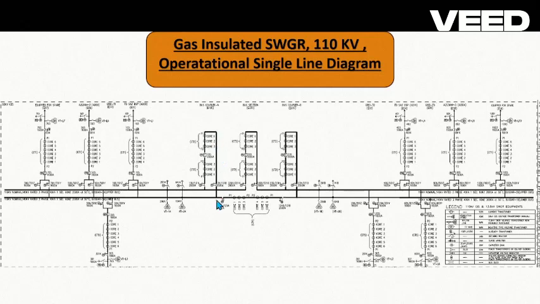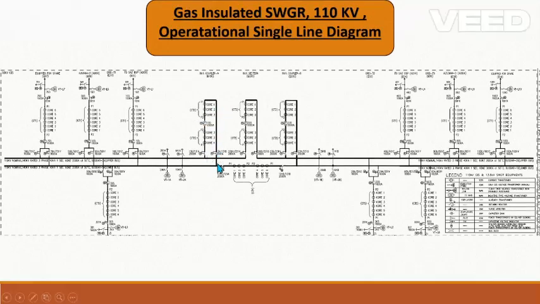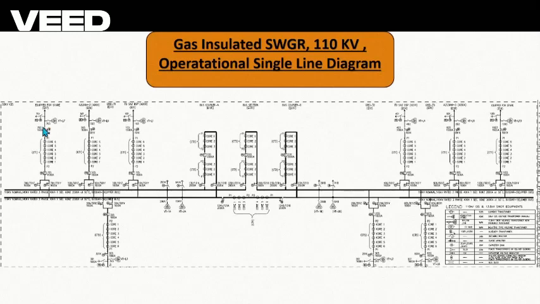The usage of the bus coupler and bus section is to maintain the substation, meet load requirements and maintenance conditions, shift the loads, and meet emergencies. Most of the time, these bus sections and bus couplers provide a facility to get the power from alternate sources. So let us focus on one bay to understand its components, and all other bays will be more or less the same. So our journey of power in the substation starts from,